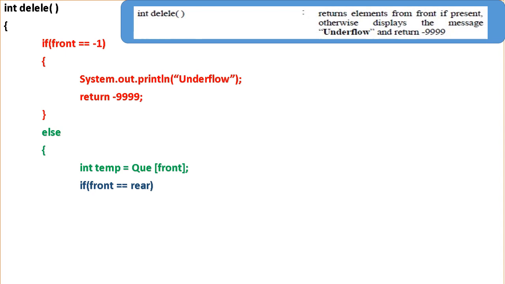So after deleting this element, both front and rear will go to index number minus 1. Okay, that will make the queue empty. Otherwise, normally we have to do front plus plus. Okay, then we can return the temporary element. So this is the function to delete an element from a queue.